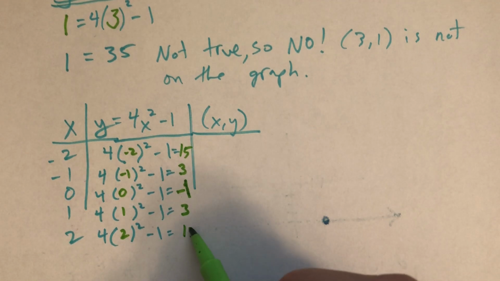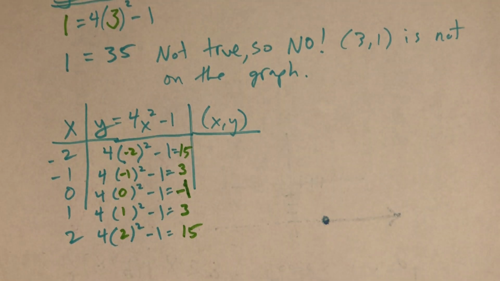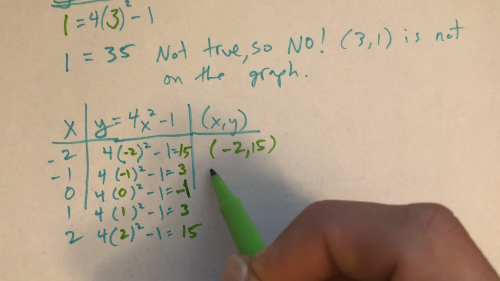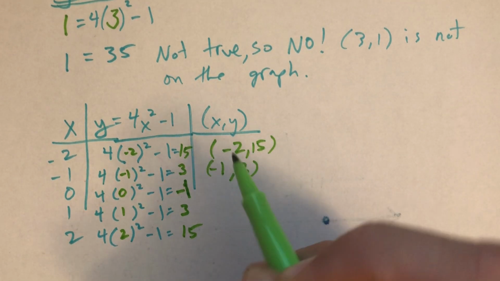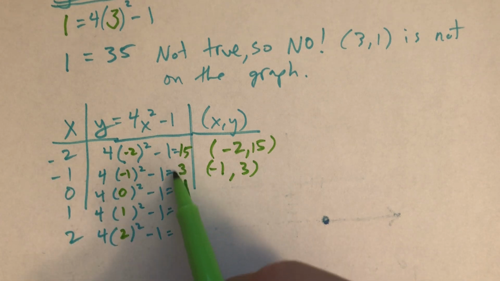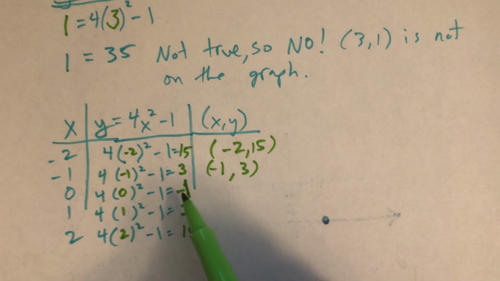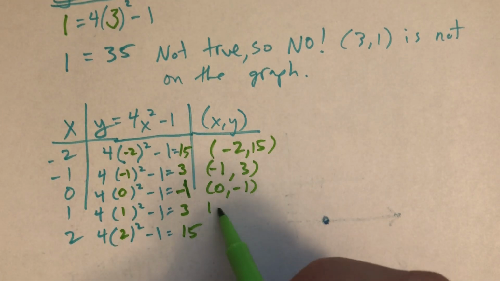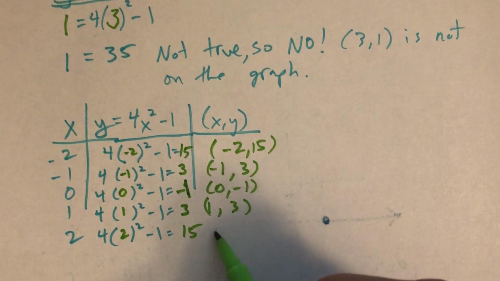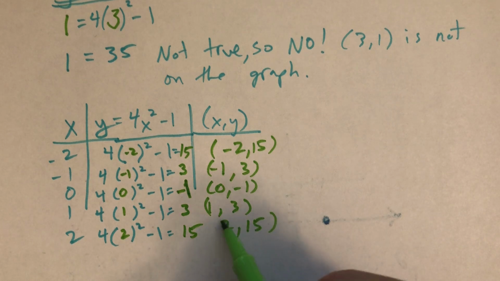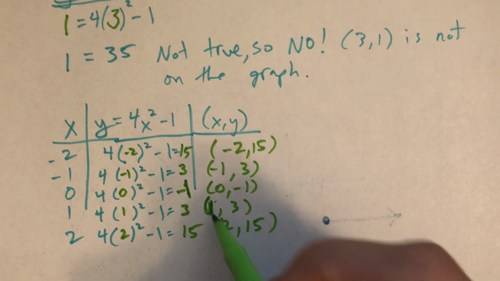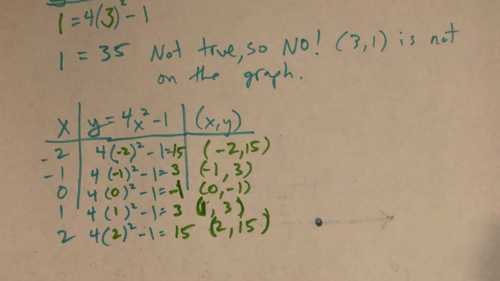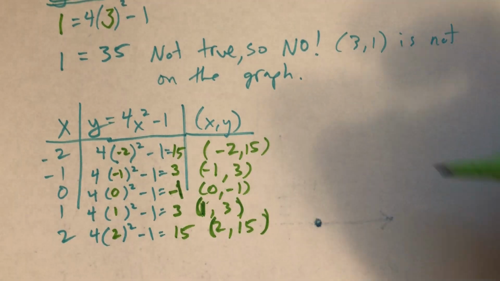Minus 1 is 15. So we have a bunch of ordered pairs now. So we got -2, 15. We got -1, 3. All right, we're just pairing this x value here with this y value all along these rows. So 0 is going to get paired with -1. We are usually used to doing this sort of thing from previous coursework, but we can do it again here. All right, so now if we want to draw a graph, we're just going to plot these points